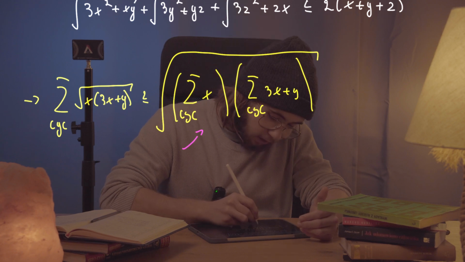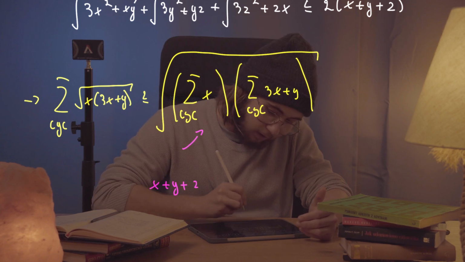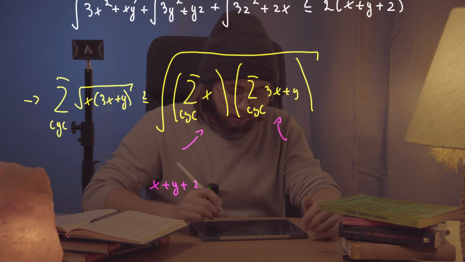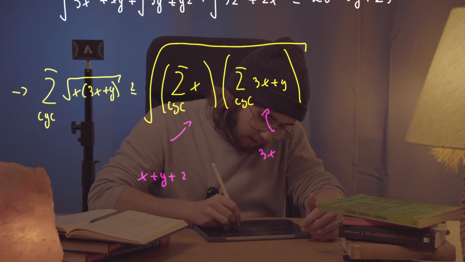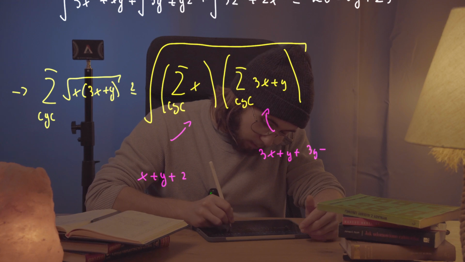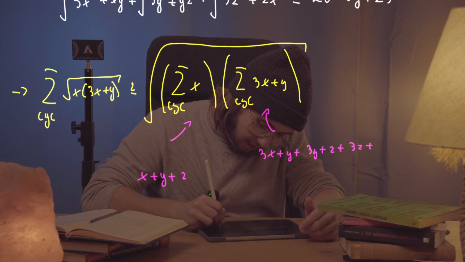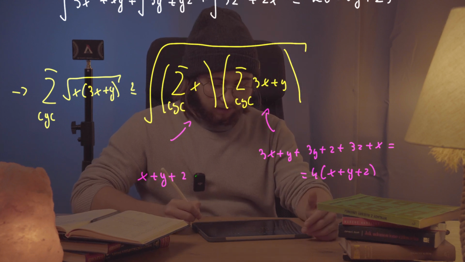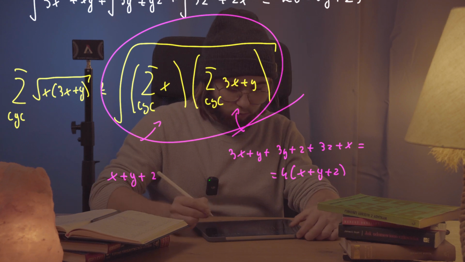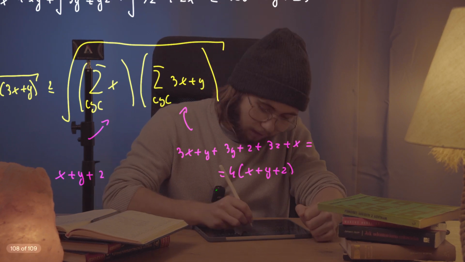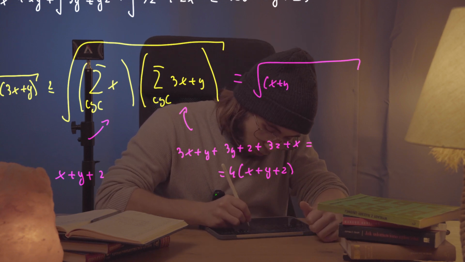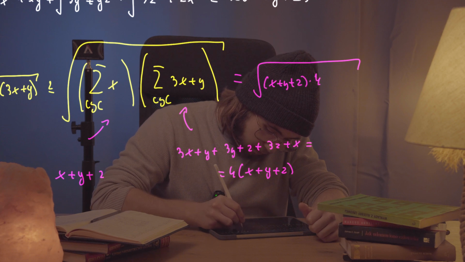Well, that's just x plus y plus z. What about the cyclic sum of 3x plus y through x, y, and z? Well, that's just 3x plus y plus 3y plus z plus 3z plus x, which is 4 multiplied by x plus y plus z. And so this entire square root of this product of those awful parenthesized sums is just going to be the square root of x plus y plus z multiplied by 4